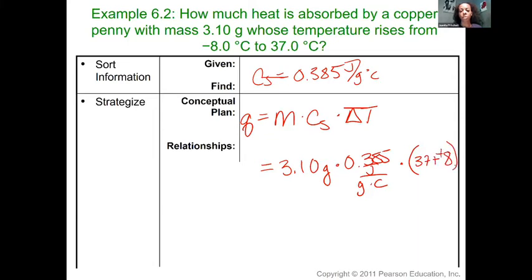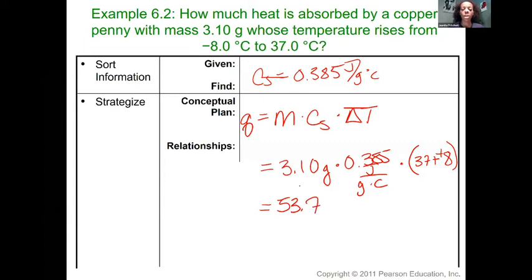So we get positive here, okay? And so we plug all that into our calculators. So I'm going to do that change part first. So 37 plus 8 gives me 45 times 0.385 for the specific heat times 3.1 for the mass. When I do so, I end up getting a heat value of